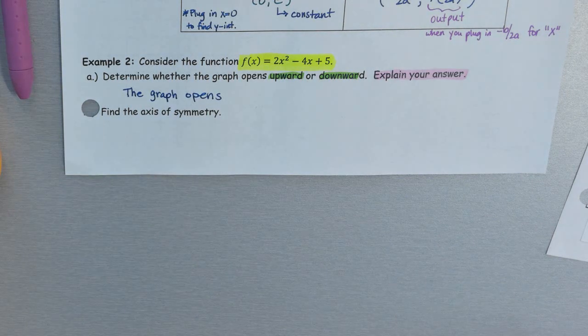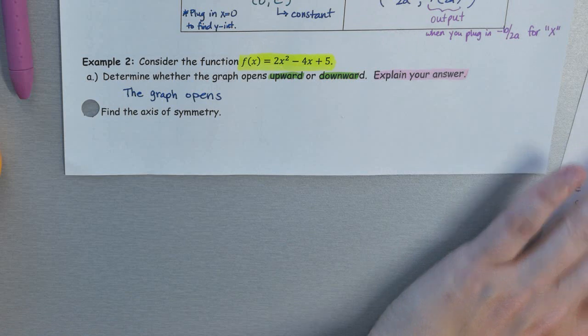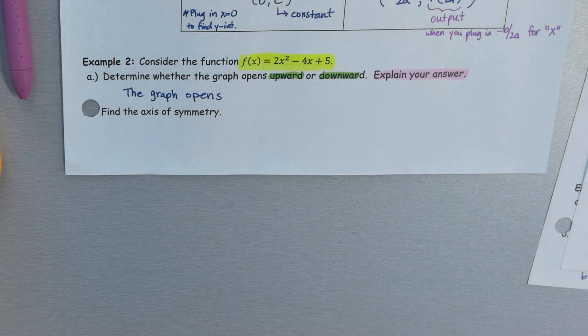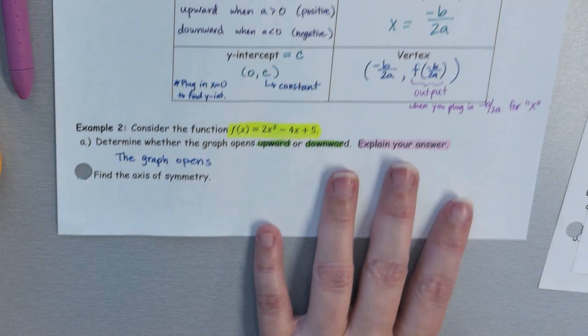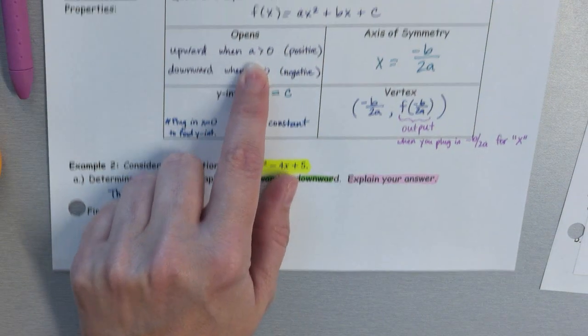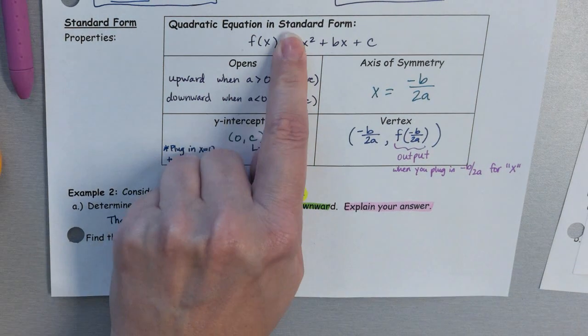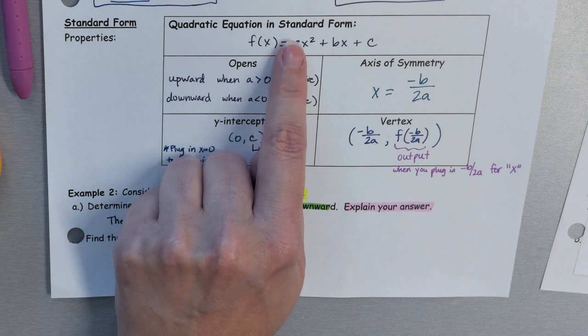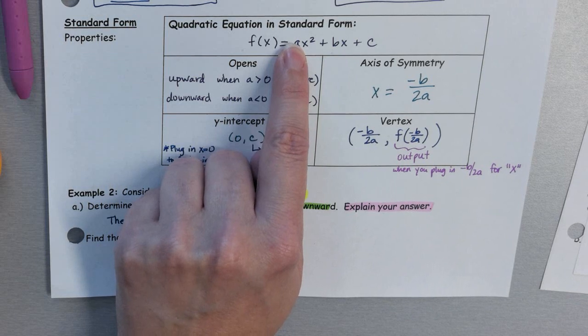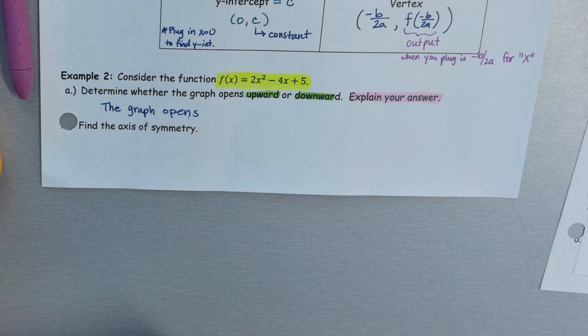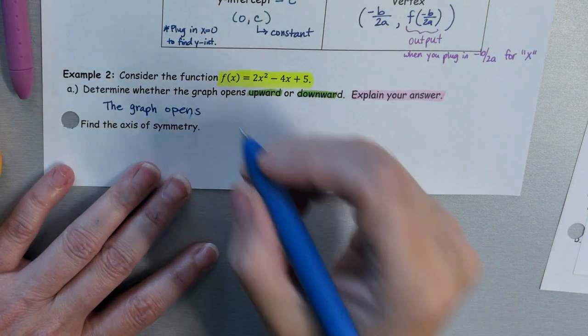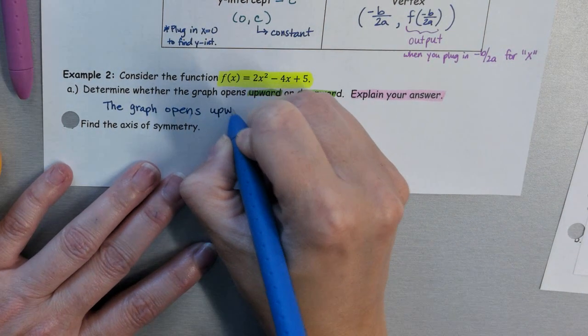Okay, and then to determine which way the graph opens, we're going to use, Rashawn, which value we're going to use to tell us whether the graph opens up or down? A. All right, so we're going to use our A value. So if I'm looking at standard form, my A value is my leading coefficient, or that value in front of x squared. So in this case, Lizzie, what's our A value? 2. Perfect. Okay, so we're going to say the graph opens upward,